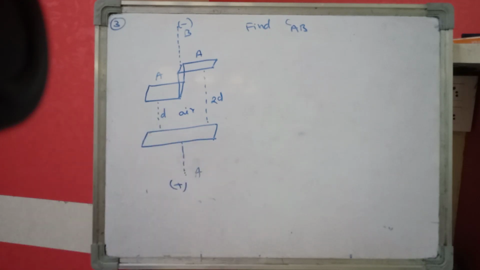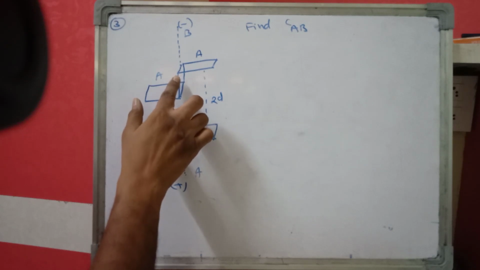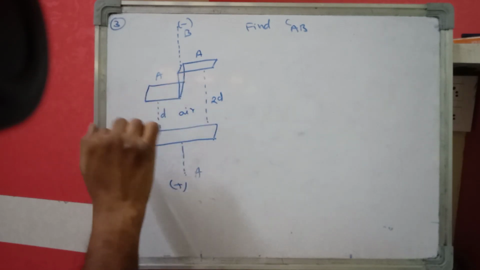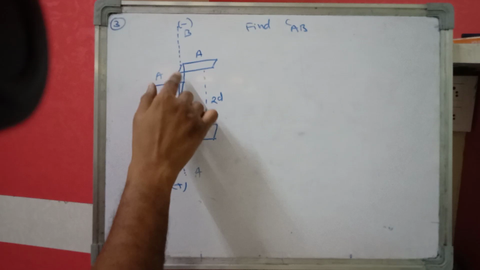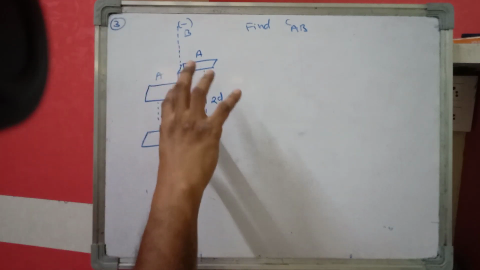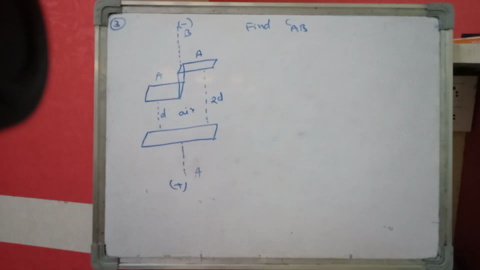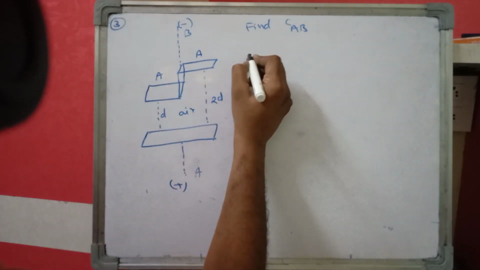Air is the medium between these two plates. So let us find the capacitance of this capacitor. Here there will be no electric field because of this part of the plate, so that's why we can neglect that part. No electric field exists on it. So here you are asked to find effective capacitance across A and B. So let us reconstruct this diagram.